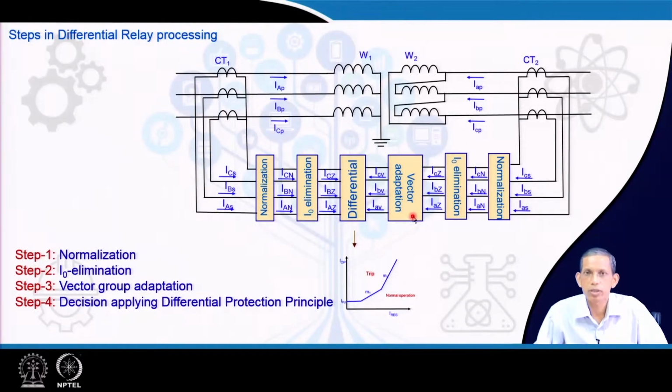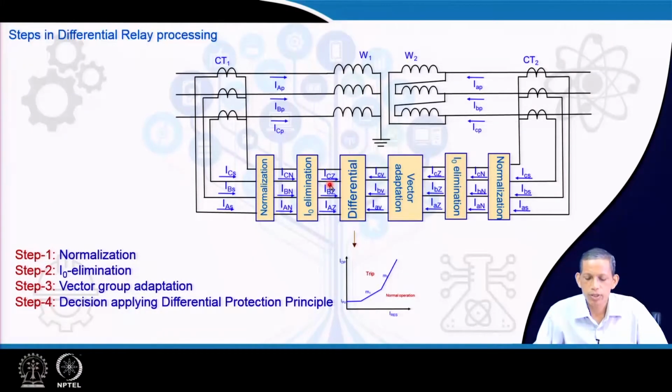This is essentially required for the phase shifting that is being observed due to the vector group. We will have more discussion on each of these steps for the processing of the relay, and then finally from the high voltage side and low voltage side